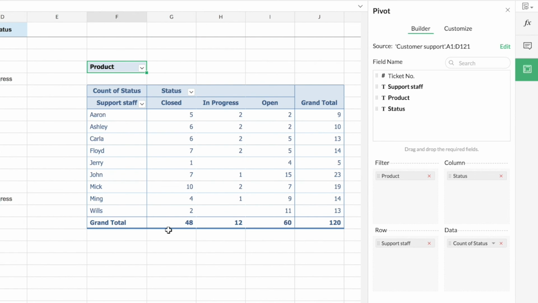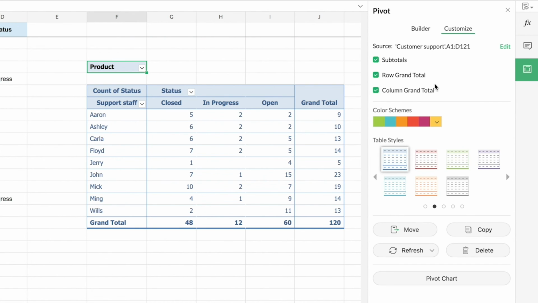And as I had previously mentioned, you can see there's a grand total column here at the right. So we have 3 columns of numerical values given, and then we have a grand total column at the right. So you can even choose to hide this grand total column using this option here on the right.